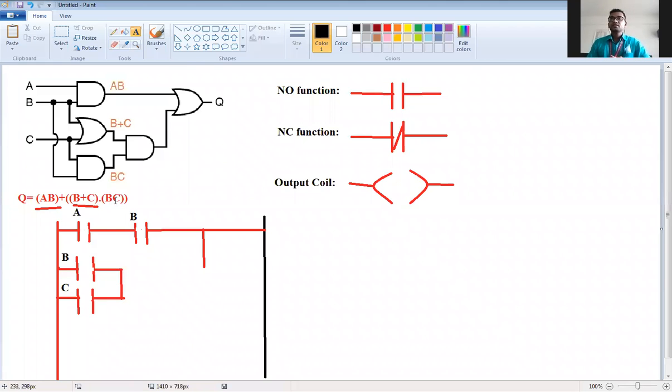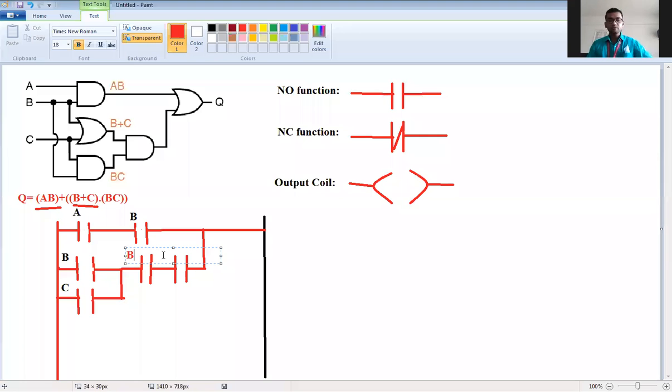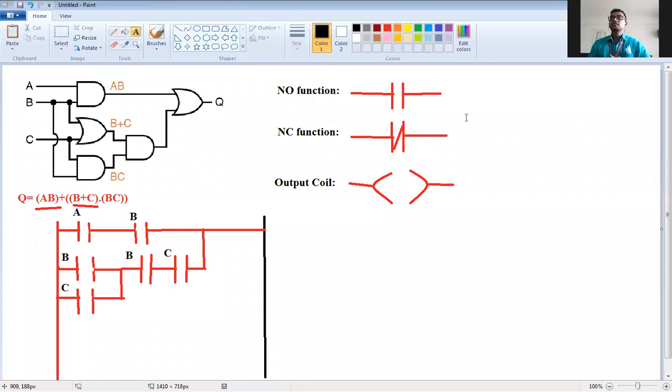Now this BC is ANDed now. B into C is ANDed, and that BC again ANDed with B plus C. So obviously this will be in series like this. And then so this is again B. And this is again the C. Correct? Now,